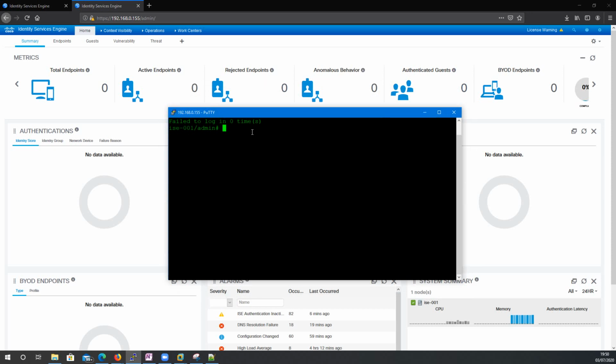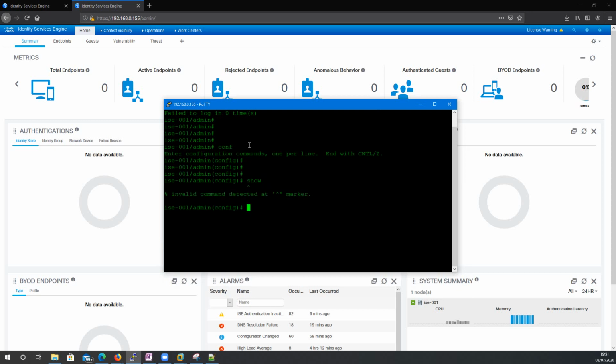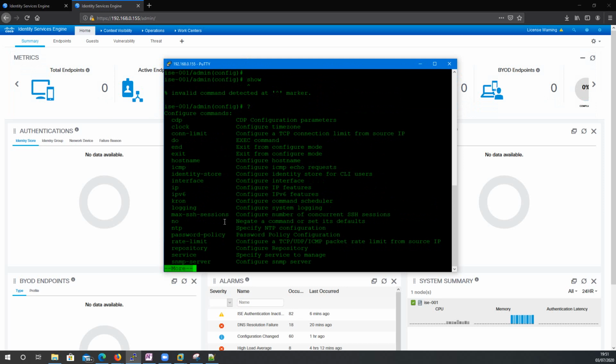Okay, so I've just SSH'd to the management address of the ISE and logged in with a local admin account. So the first step is we need to join this CLI with AD, and to do that we need to go to the configuration. Okay, and if I just do question mark, here you can see there is one command,